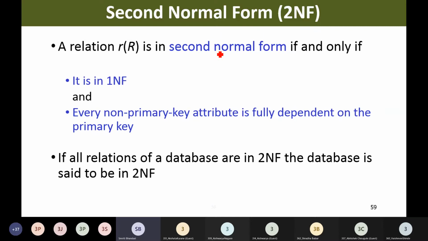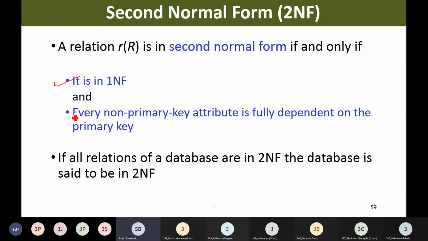A relation R on relation schema capital R is in second normal form if and only if it is in 1NF. So the first mandatory condition for second normal form is that it should be in 1NF, and